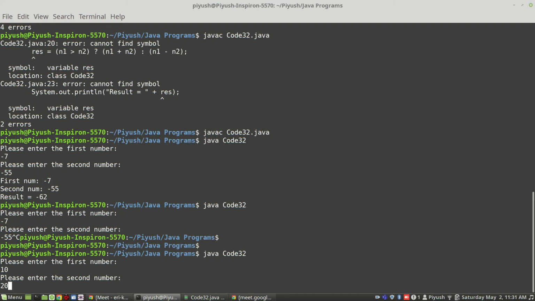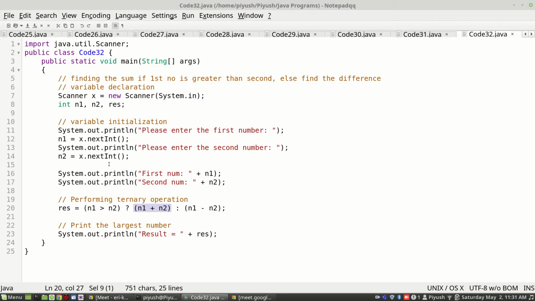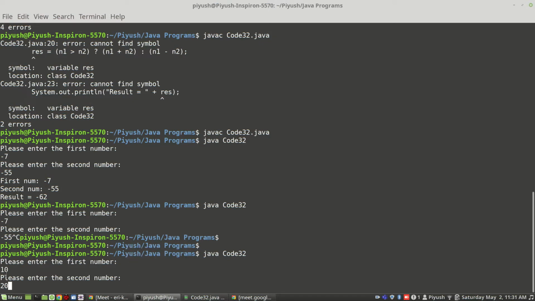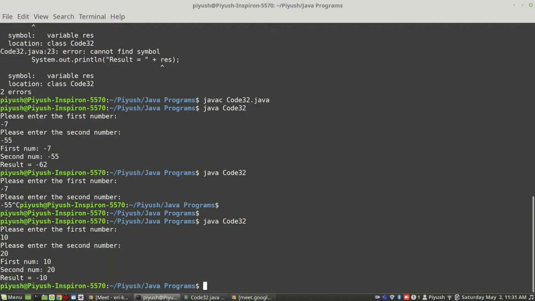The condition check n1 is greater than n2 will result in false. So it will go after the colon and this expression will be evaluated and the result will be saved in the variable res, and this res is going to be printed. So n1 minus n2 will be printed. What is n1 minus n2? 10 minus 20 will give you -10.